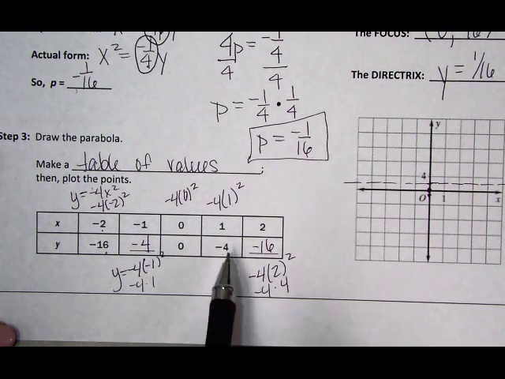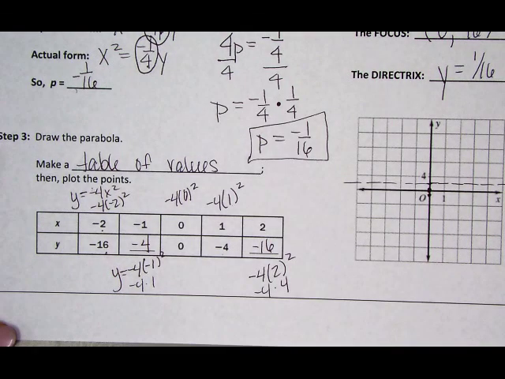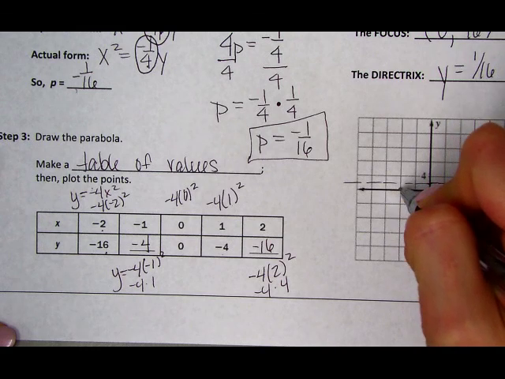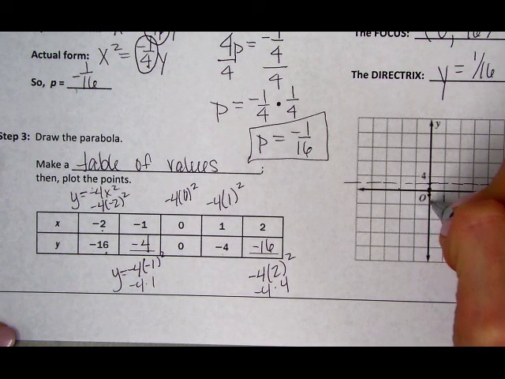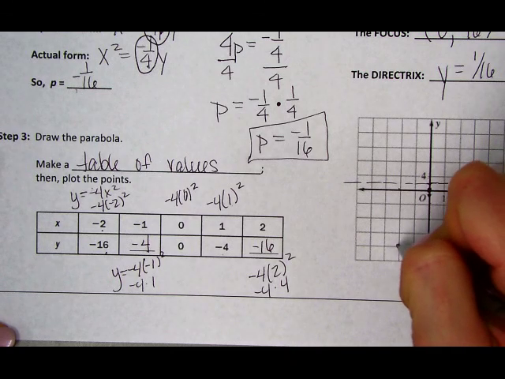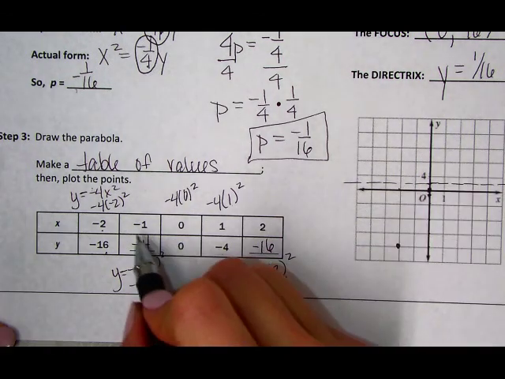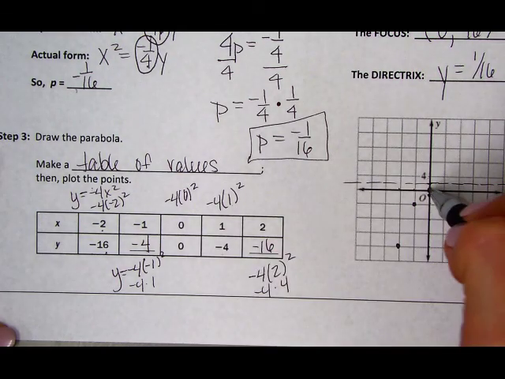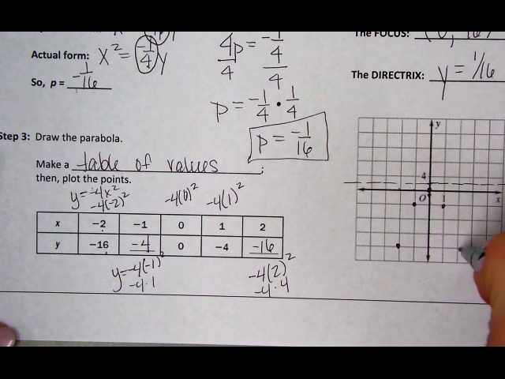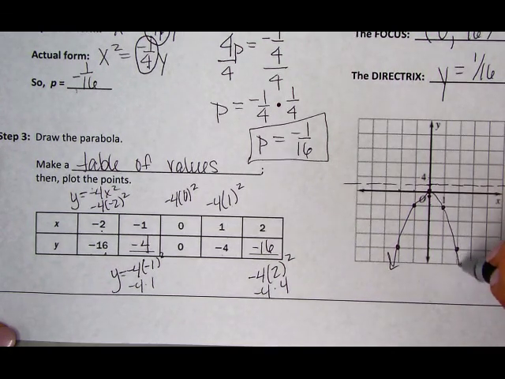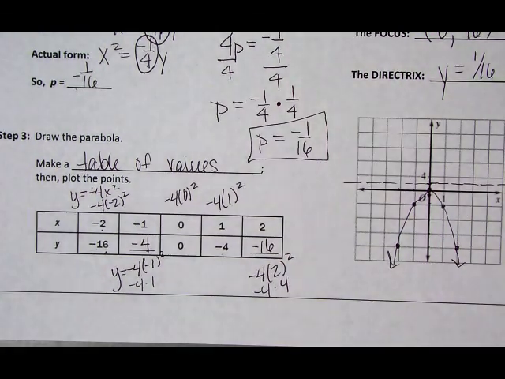So you notice because it's symmetrical, I've got my numbers that match on both sides. So at -2, I'm going to -16. These are by 4, so this is 4, 8, 12, 16, 2 over. Yep, so there's my first point. Next point is -1, -4. 0, 0 is already on there. 1, -4, and 2, -16. Those are some points. And if I go left, right, I've got my parabola with my directrix